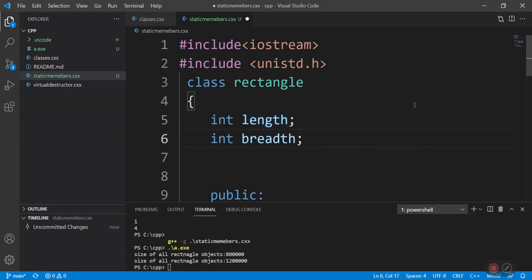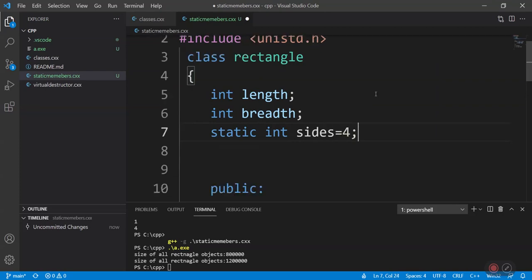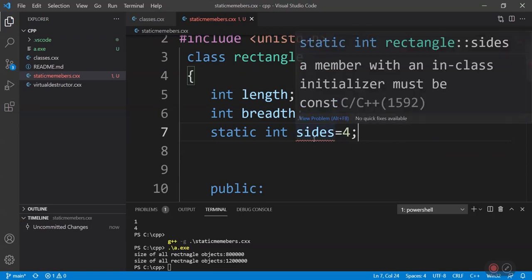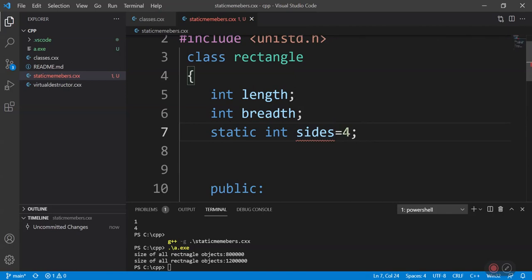One property which I think could be made as static is the number of sides in a rectangle. In a rectangle, number of sides is always going to be fixed, which is 4. So let us write a new property, sides, whose value is 4. This is giving an error because we have initialized it with 4.